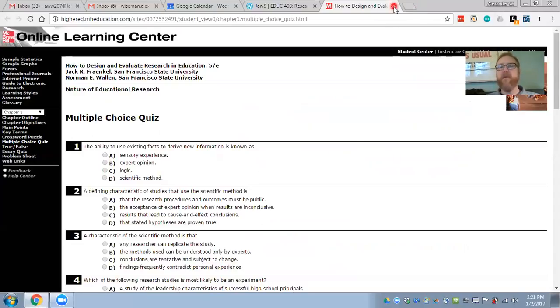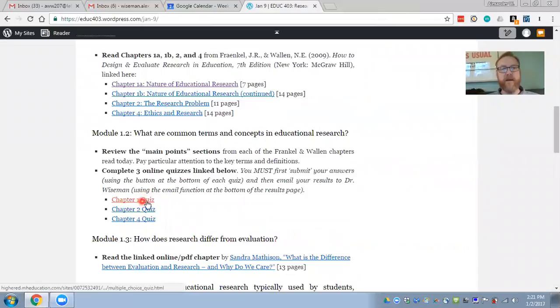So the goal of this quiz is helping you identify the key terms, the key values, the key